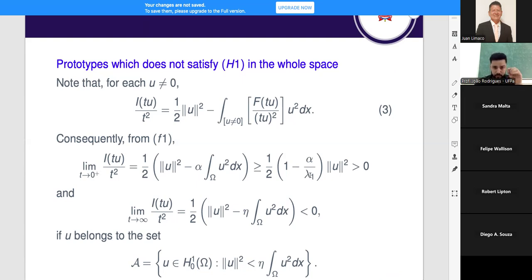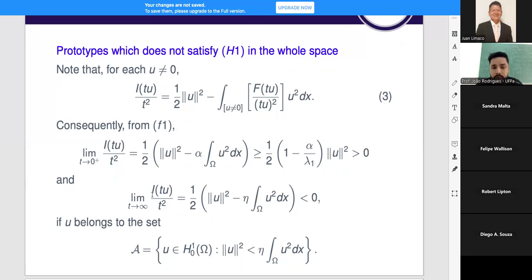Okay, so this is telling us that near zero, the fiber is positive. But on the other hand, if you look at the behavior of this function at infinity, since we have the limit equal to this number,